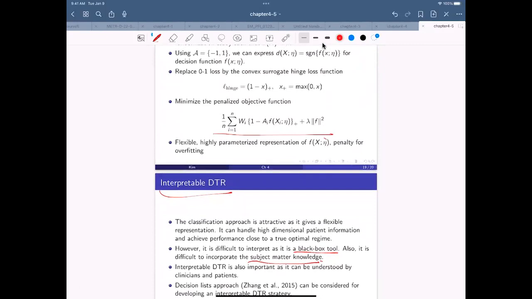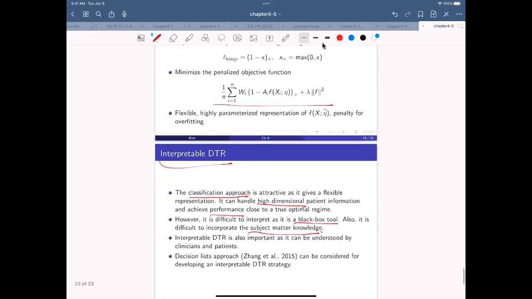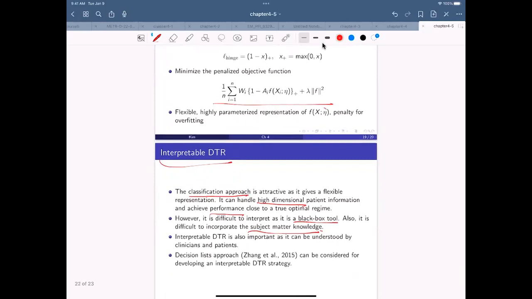This classification approach is attractive as it is flexible, and it can handle high dimensional patient information and achieve good prediction performance, because it's a machine learning approach. But a machine learning approach is a black box approach, so it lacks some scientific